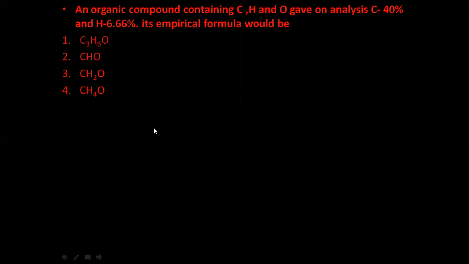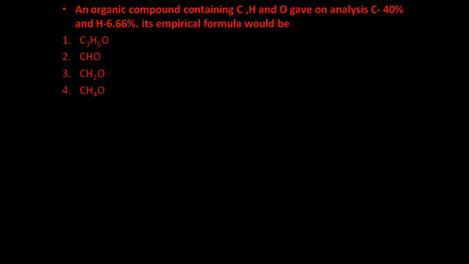So how to solve this kind of problem? Now over here, please try to see carefully. This is one of your previous year's NEET questions. If you see what is given, carbon and hydrogen percentages are given, and oxygen is not given. In such cases, obviously it's percentage composition, so it has to total 100.